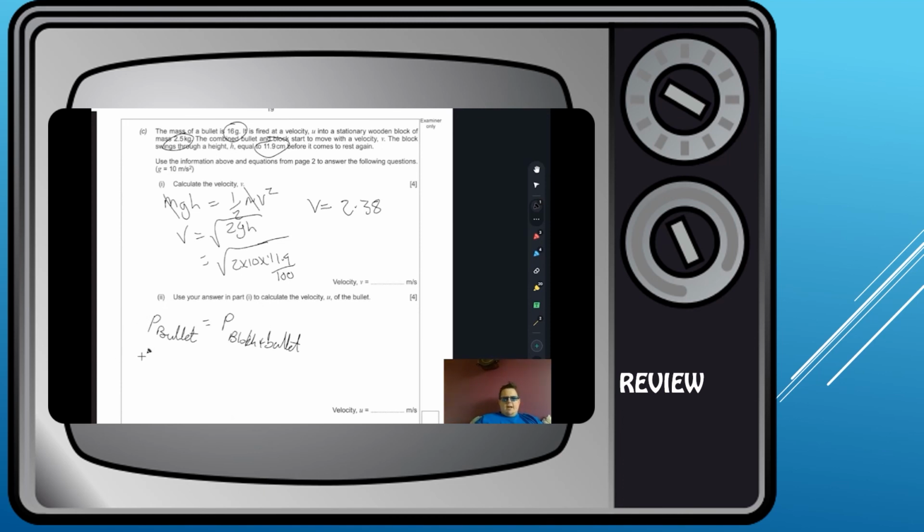So we're going to have 16 times 10 to the minus 3, because we want it in kilograms, because the block's in kilograms, makes life easier, times the speed of the bullet equals 2.516, the mass of the block and the bullet, multiplied by the speed that we got in the previous question, 2.38. So u is going to be 2.15 times 2.38 all over 16 times 10 to the minus 3. So the speed of our bullet is going to be